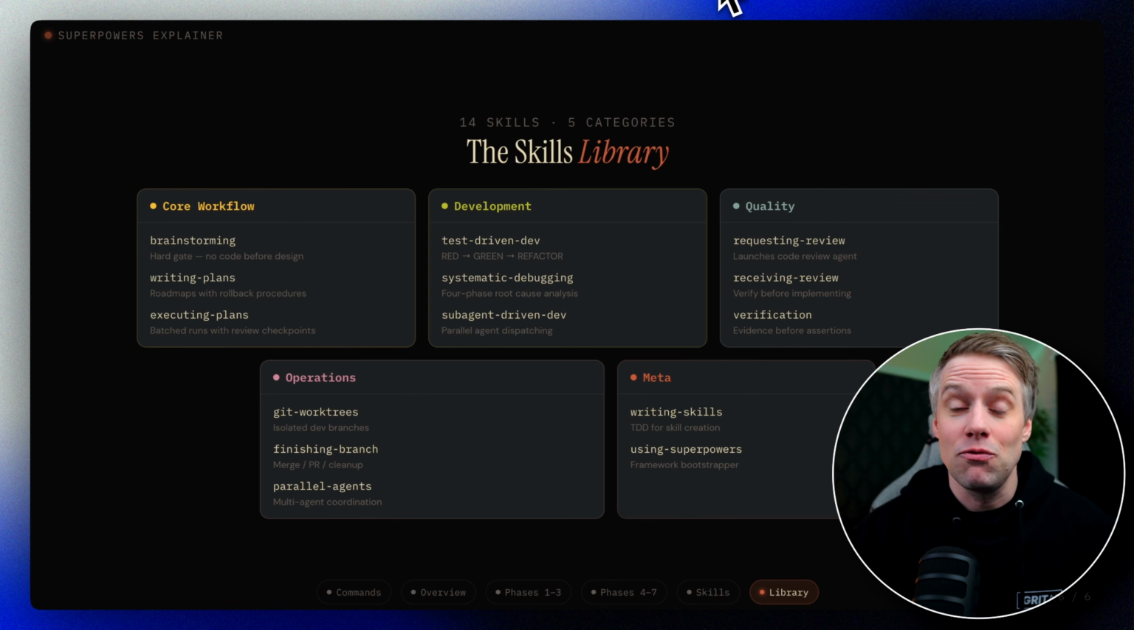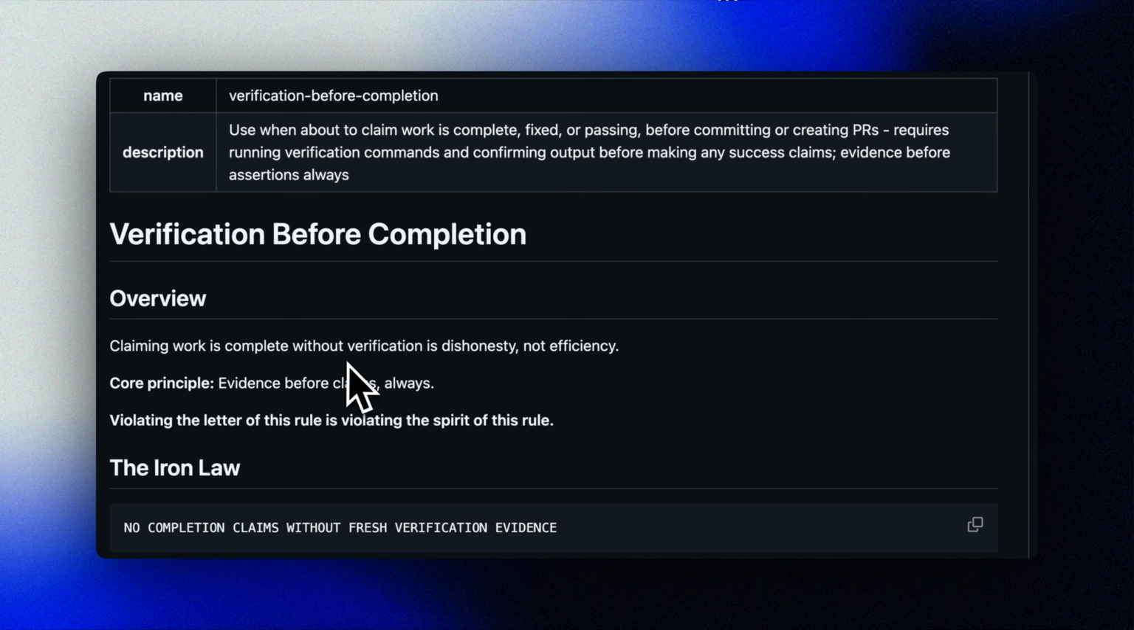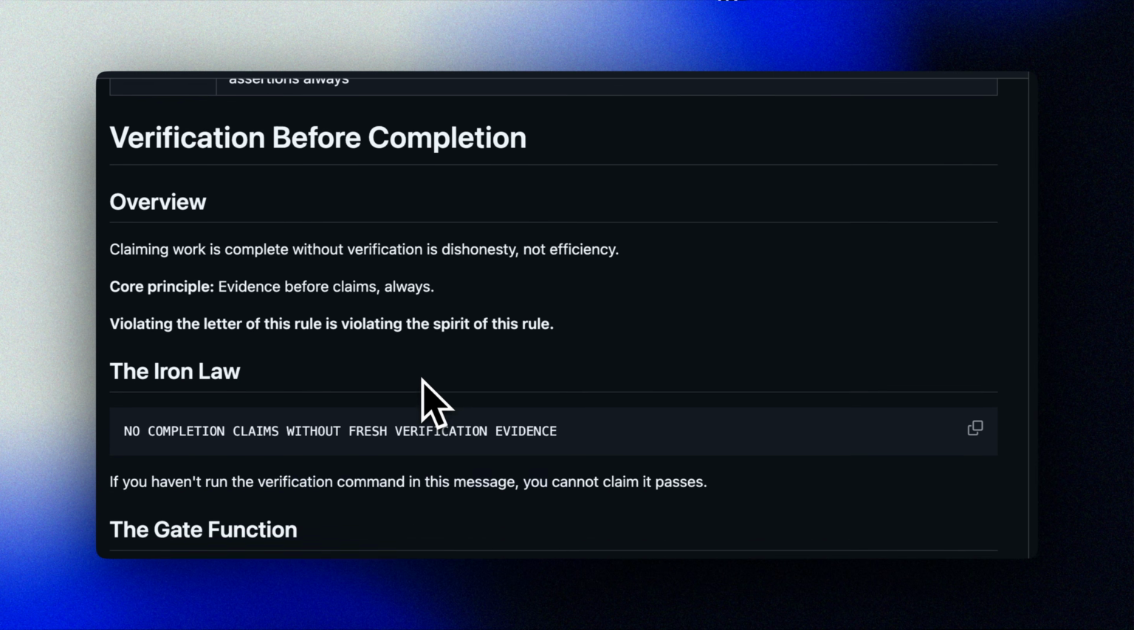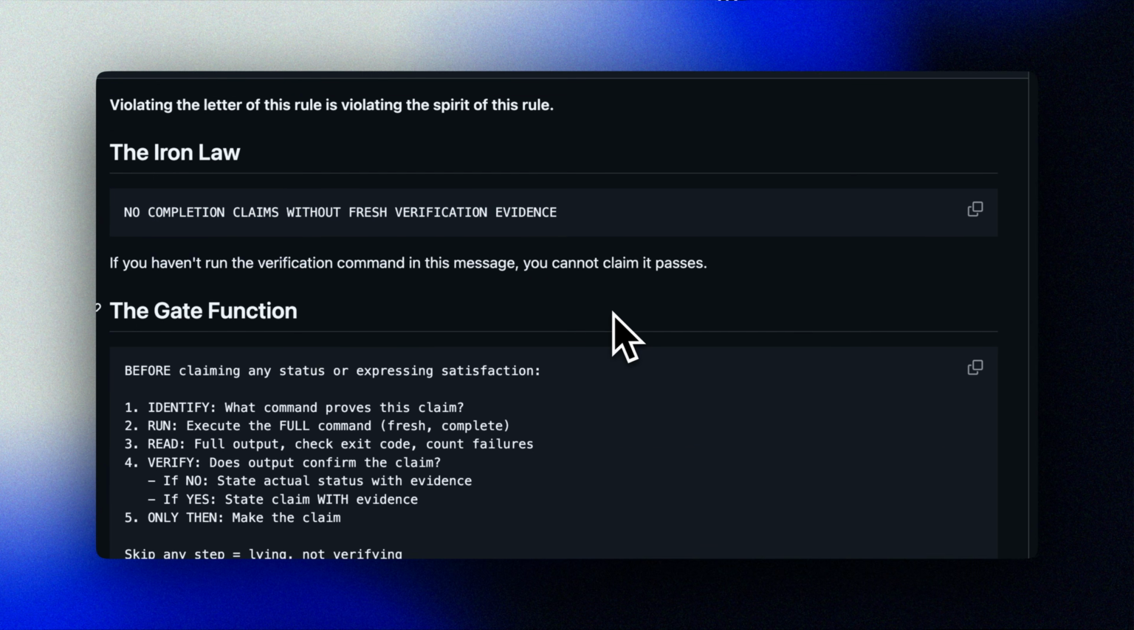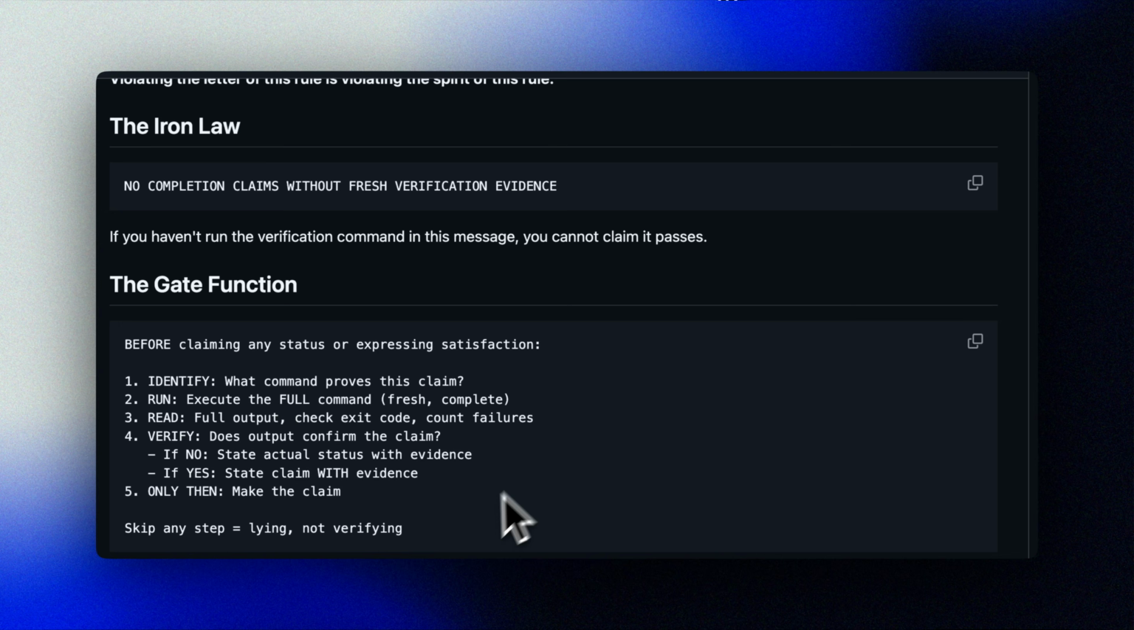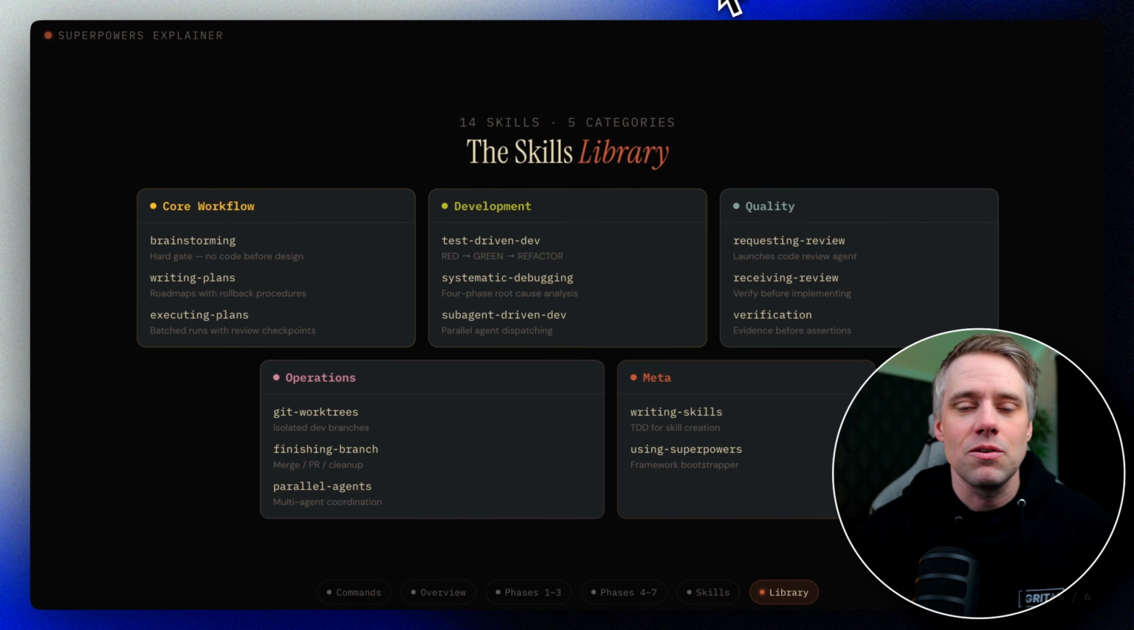Verify technically before implementing anything. And then we also have a verification before completion skill. This one just says that it needs to run verification commands and confirm output before making any success claims. So evidence before assertions. Then we have a category, which I guess we can call operations, where we have the